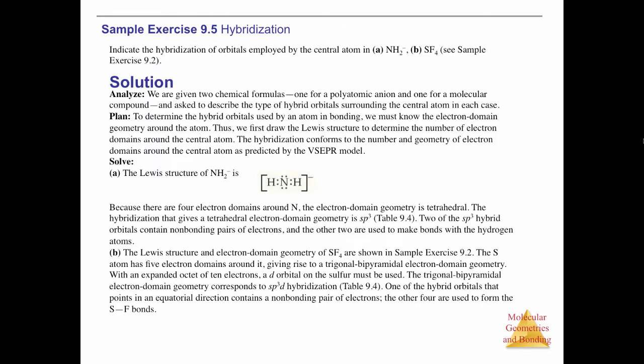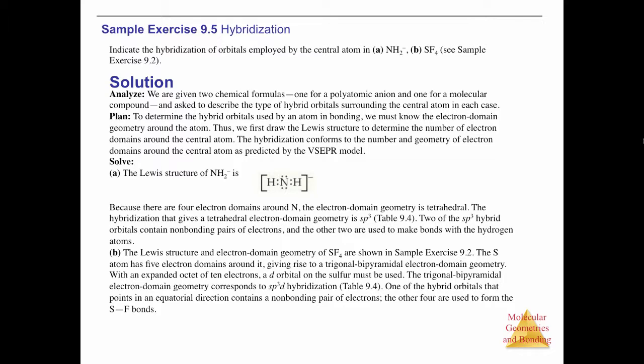Sample exercise 9.5, hybridization. Indicate the hybridization of orbitals employed by the central atom in NH2- and SF4. We're given two chemical formulas, one for a polyatomic anion and one for a molecular compound, and asked to describe the type of hybrid orbitals surrounding the central atom in each case. To determine the hybrid orbitals used by an atom in bonding, we must know the electron domain geometry around the atom. Thus, we first draw the Lewis structure to determine the number of electron domains. The hybridization conforms to the number and geometry of electron domains around the central atom, as predicted by the VSEPR